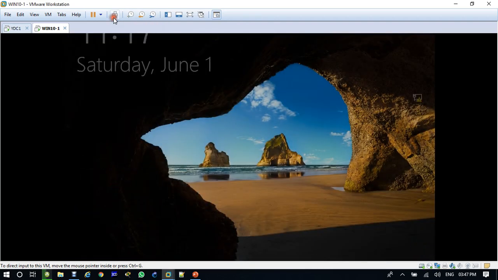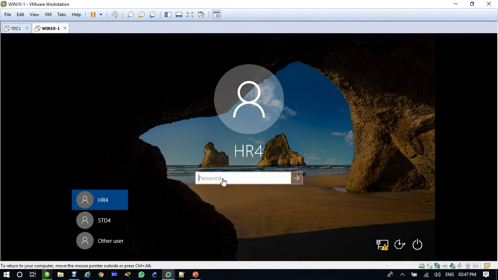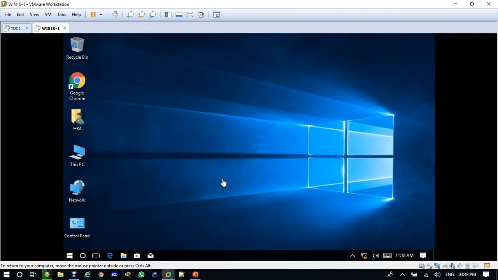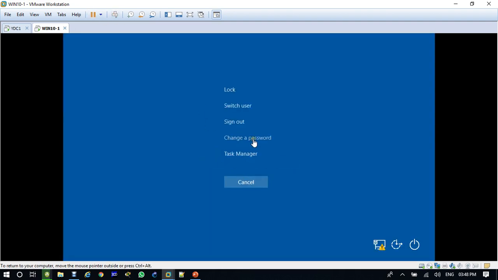Now log in with HR4, and now try to change the password. So I'll come here, change the password.